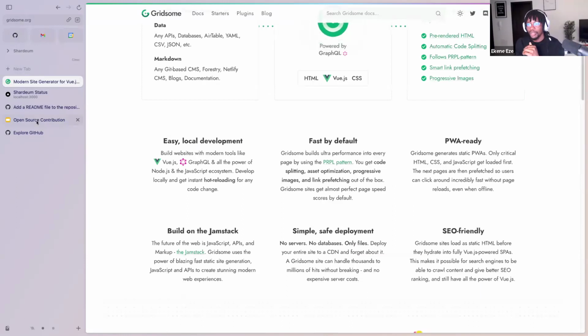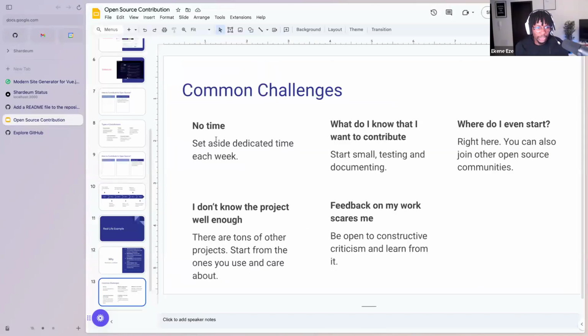Can't remember. So I would always say there's no time, but I went to a conference at the time and they talked a lot about open source and how helpful it is and the business value of it. I went home and I'm like, okay, I'm going to try to do this open source thing. I never did it. I think I was working on Netlify at the time. But then one weekend, after I had a chat with my manager, he said, so is there anything you want to be doing outside of work? I said, yeah, I want to be more into open source. I want to contribute and stuff like that. He said, try to do it one weekend and see how it goes, right?